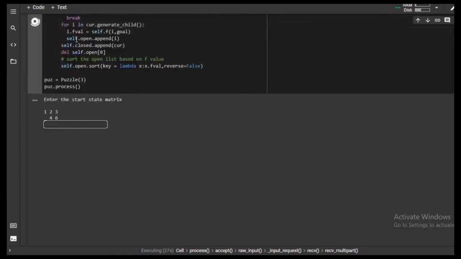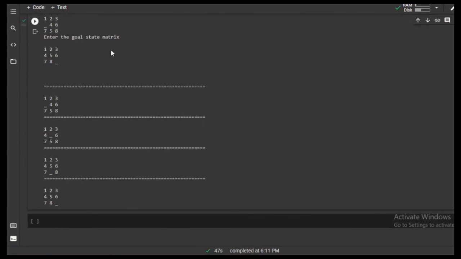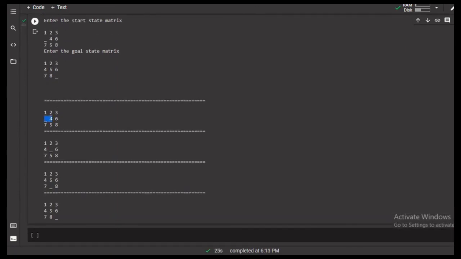So after that, here we are swapping the blank tile with the right, so the blank tile comes to the right and the 4 comes to the left. After that we have performed a blank tile swap with the bottom, so the blank tile comes to the bottom and the 5 comes to the top. Lastly we have performed the swap with the right element, so the 8 comes to the left and the blank tile comes to the right. And here, as the heuristic value is 0, the loop is broken and we have achieved the goal state.